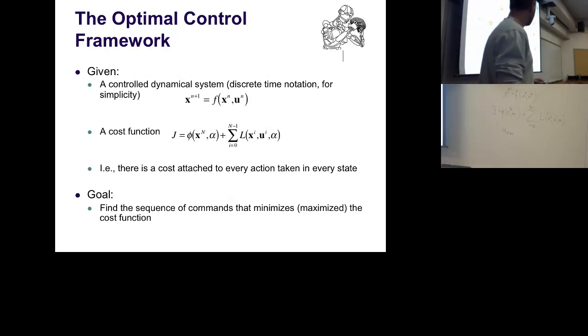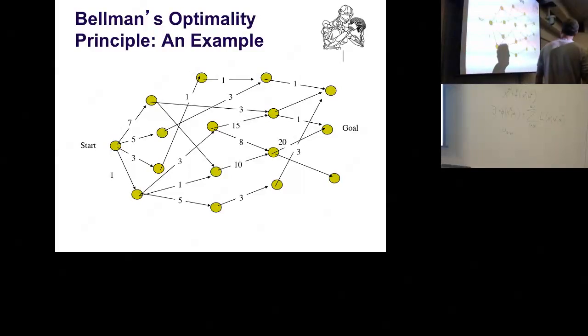Dijkstra is based on the idea that you try to find optimal solutions by some backward sweeping, finding the solution or the path which is optimal. This is a simple example if you have some kind of a graph. Terribly drawn, sorry. Start here, go to the goal here. And you try to find the path with the minimal cost or the maximal cost, depending on what you want to do. With minimum and maximum, we don't care. We just flip a sign.